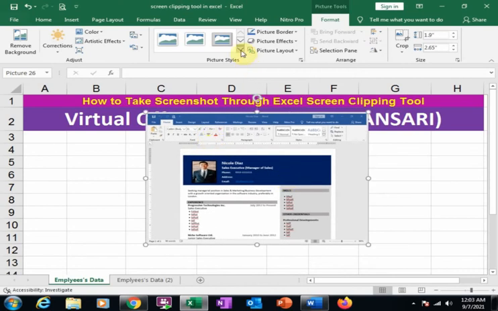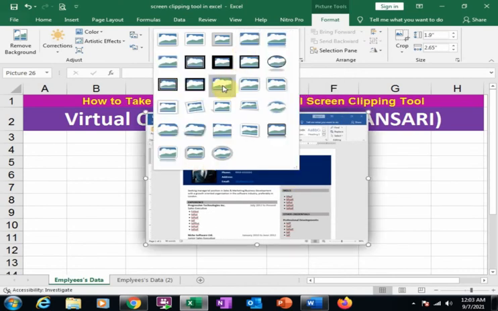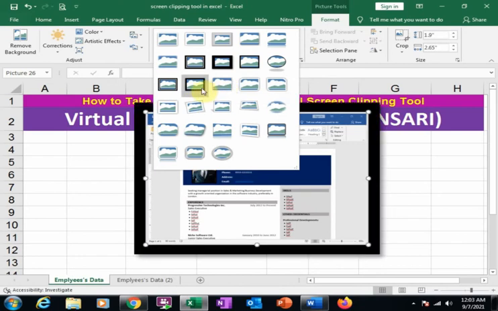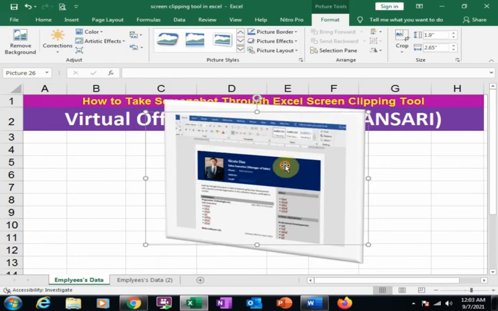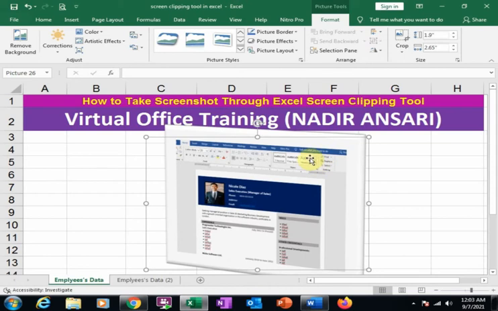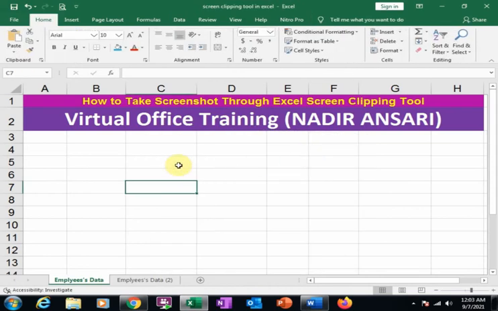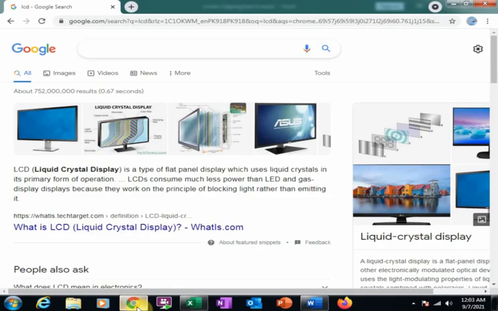You can apply any style from here. I just delete it. Now if you want to take a screenshot of any particular area, first just open Chrome